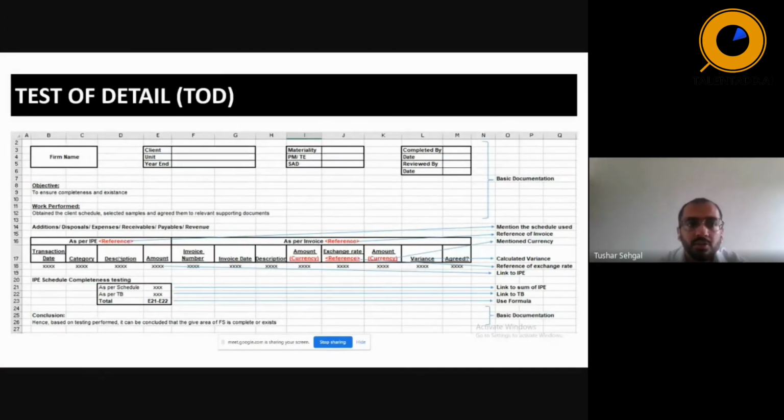For what we usually do test of details, you can see here for additions or disposals of property, plant and equipment, for any expenses, receivables, payables, revenue, and for whatever schedule you receive, we usually perform test of details for that. What is test of details? Where we reconcile the IPEs to the supporting documents on sample basis, which in 95% cases, these are the